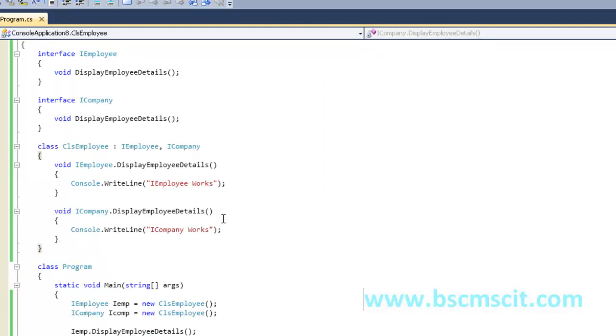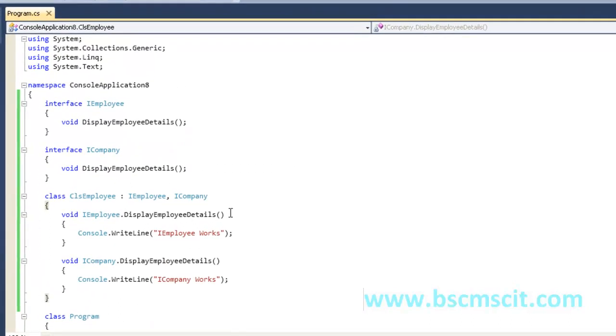When you have two different interfaces but with the same signature naming, then go with the explicit way of implementing the interface like I did, because I need to implement both the interfaces to the class, and both the interfaces have the same signatures. This is the explicit way: using the interface name followed by the dot operator and then the signature name.